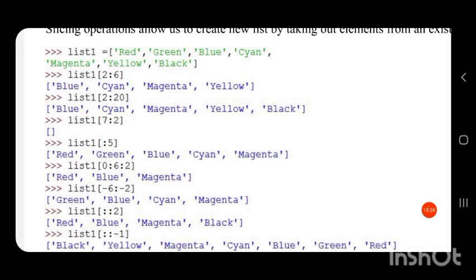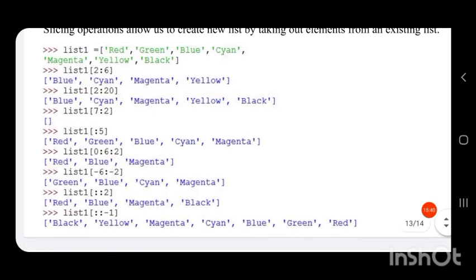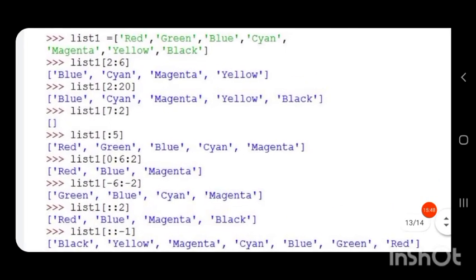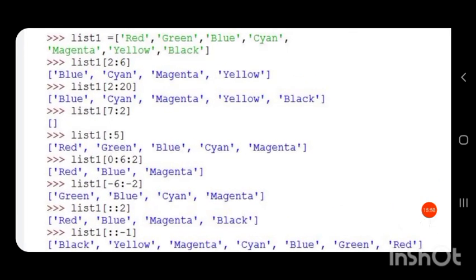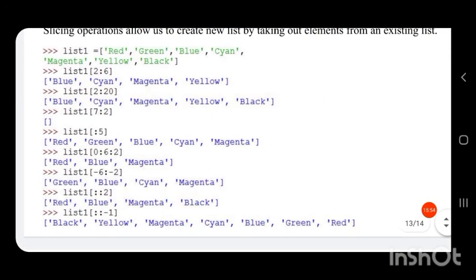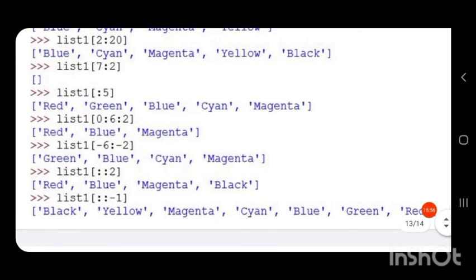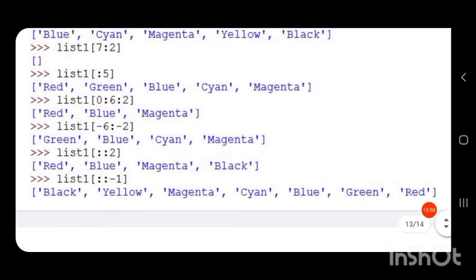So we have to select elements from green to minus 2 minus 1, that is minus 3. Green to position minus 3 means the third element from right, that is magenta. So green to magenta will be selected. You can see from green to magenta is selected.